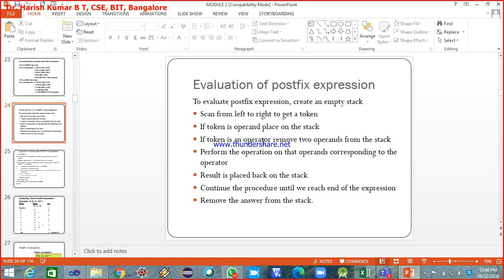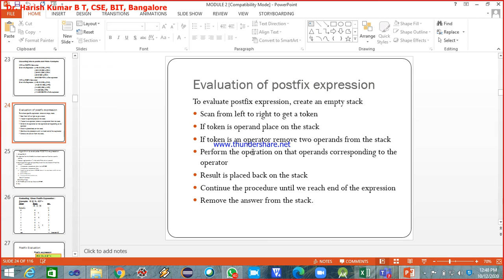Say the operator is plus, you pop two elements from the stack and perform the addition. If the operator is multiplication, pop two items from the stack and perform the multiplication. Operand, push it onto the stack. If it is an operator, pop two operands. How many to pop? Two operands from the stack. Perform the operation corresponding to the operator, and place the result back onto the stack.